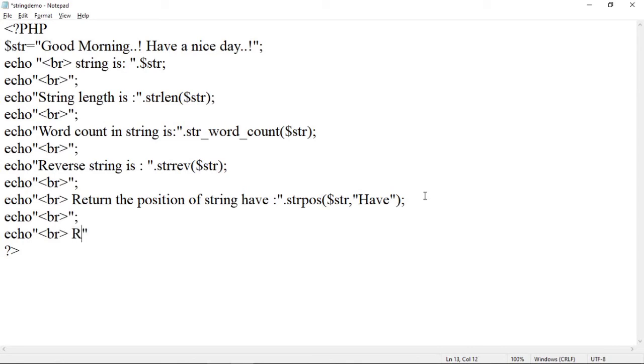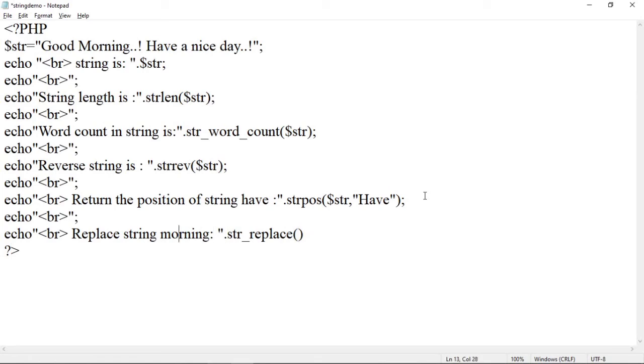Then add here a string statement to display, that is "Replace the string morning". To concatenate use the dot operator. To replace the string, the function used is str_replace, and in brackets, which string you want to replace, that is morning.